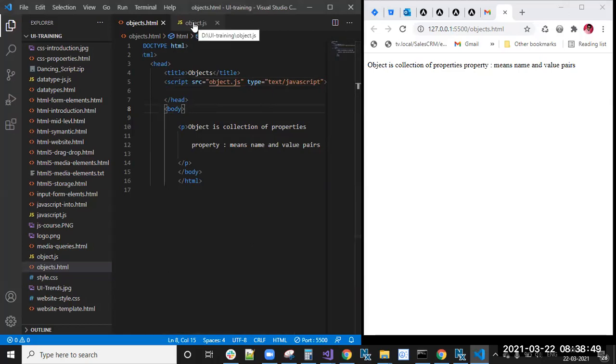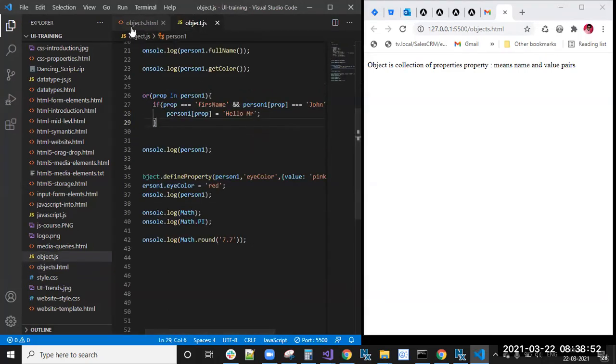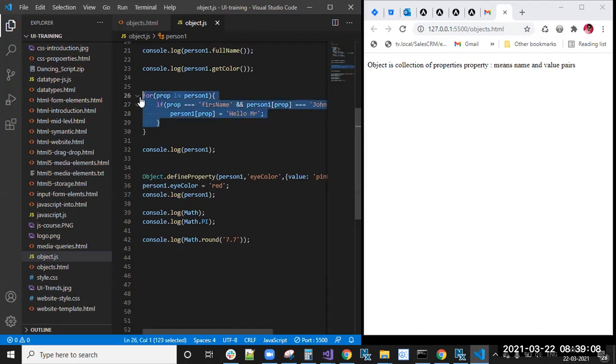Okay. And last class we have seen objects, right? How we can create an object and how many ways we can create an object, how we can add the properties, how we can delete the properties, how we can update already existing properties, and different types of methods we have seen in objects. How we can loop over each and every object, and how we can compare the properties in an object. Also how we can make it readable, writable files, and how we can update the value using Object.defineProperty.